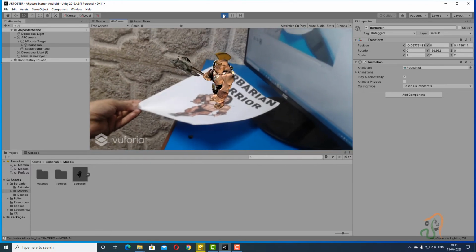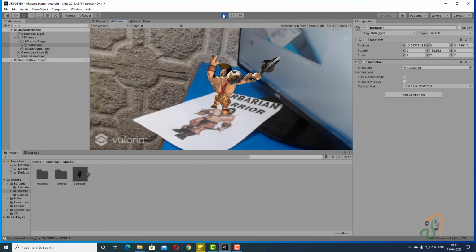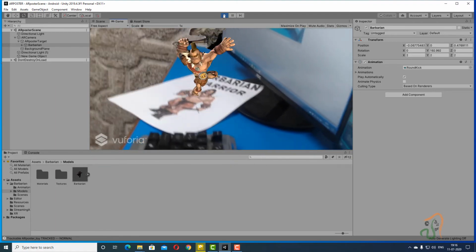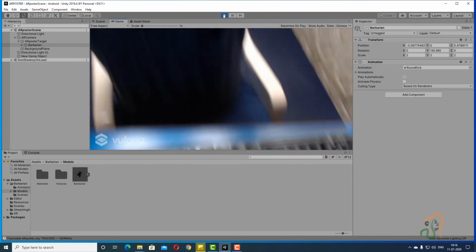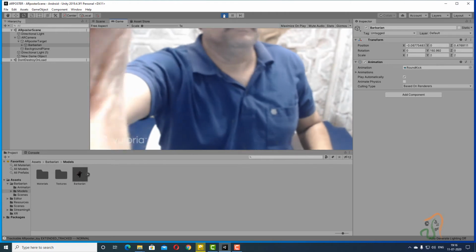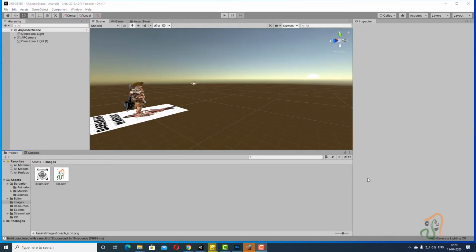Okay, we have even added the animation. So our next task is to make this animation run on a mobile. For this we have to do some publishing job, and here we need some tools. The tools that we need to build the APK file or the Android application, we need three tools.